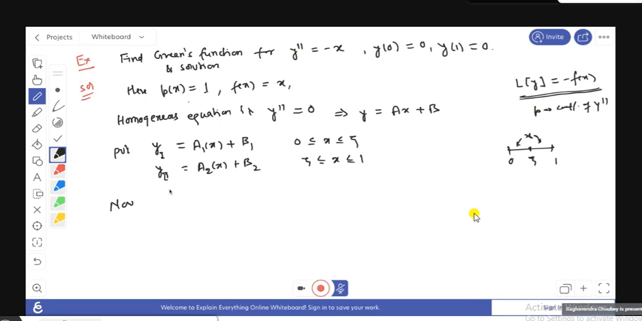So now assume that the first one satisfies the boundary condition, and the second one also satisfies its boundary condition. So the first one satisfies the condition at zero. So this means y1(0) equals 0, and that equals a1 into x. Okay, sorry, here